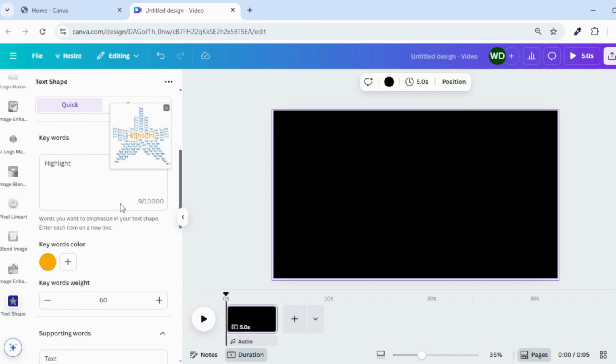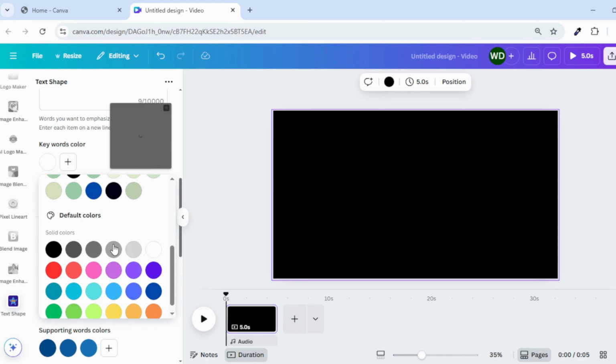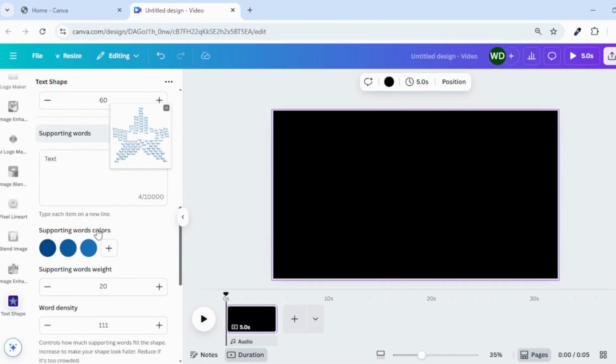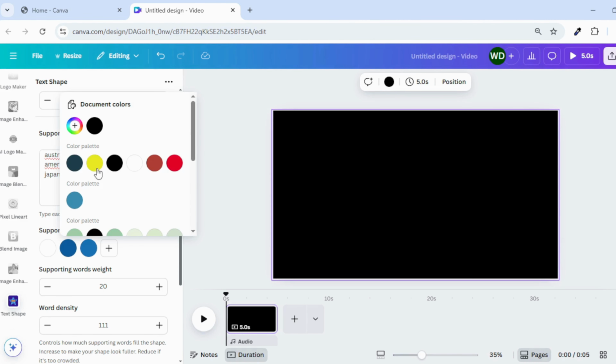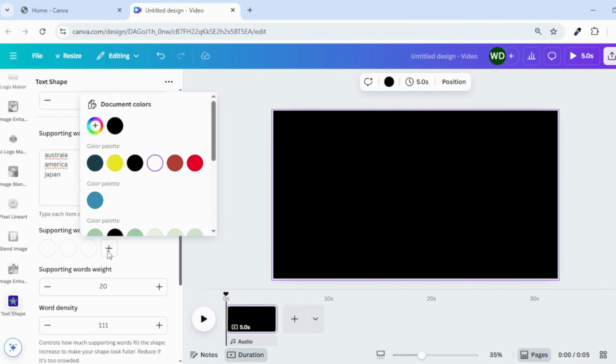Click on keyword color, select white. In the supporting words box, write some text. Like this, and then in the supporting word color, select white. Change these colors to white from here,